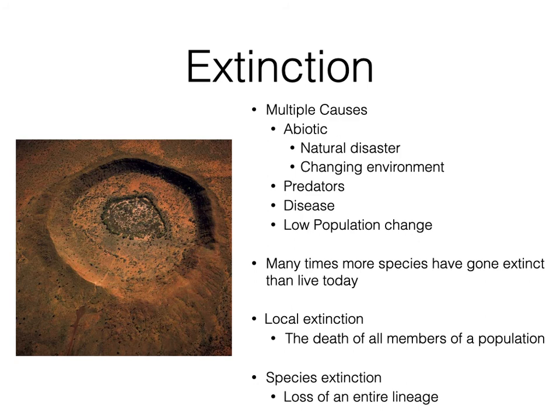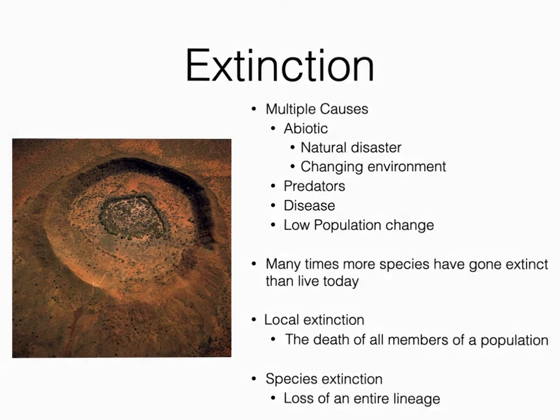So that's local extinction. And then species extinction would be something that may be a little bit more familiar, like the disappearance of the passenger pigeon or the dodos. You can't find any of those species anywhere in the world. So both can have negative impacts on environments and those species that are still living. But certainly species extinction is the more devastating, or the more damaging extinction, where you can't get those species back.